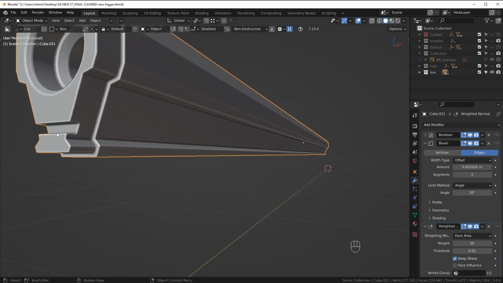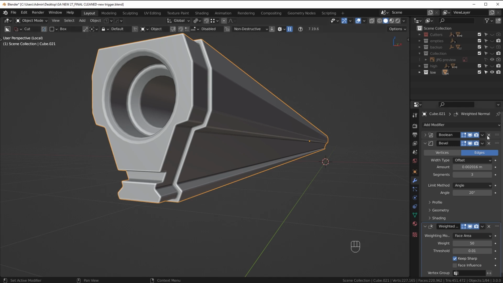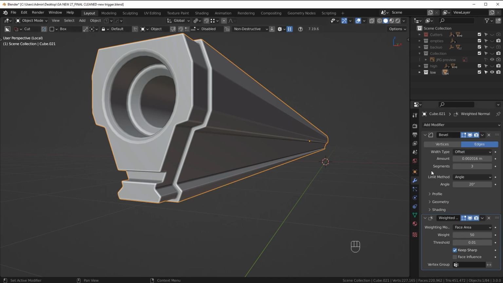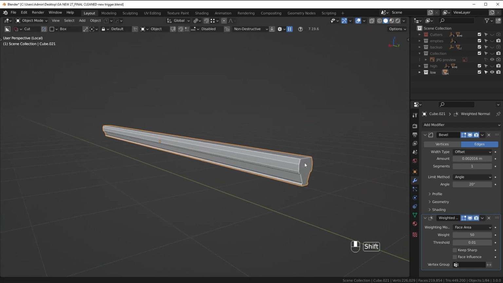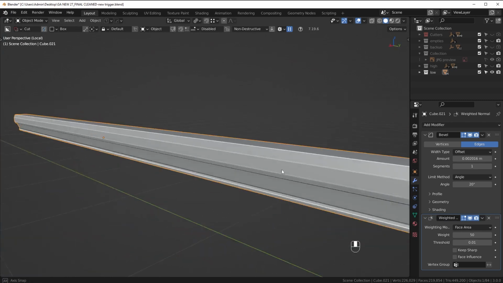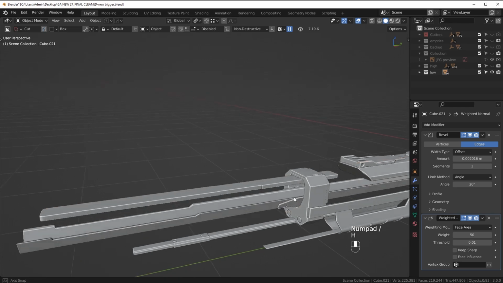Now this one cuts all the way through, so we're not going to actually attempt to remove that. We're just going to go ahead and apply it. Cool. And just like before, set the segment count to 1, turn off the keep sharp option, and you should be good to go. So as for this piece, I don't think there's really anything else we could bake on here, so I'm going to go ahead and press / on the numpad and hide it and move on to